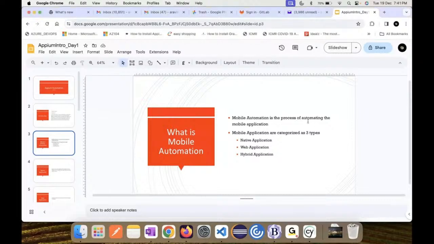Today is the first session and it's going to be the demo session. The demo session will include walking you through the syllabus and what mobile automation is. We'll check how mobile automation with Appium is going to be quite unique when compared to other tools in the industry, and why we do mobile automation. So before we jump into the topics,